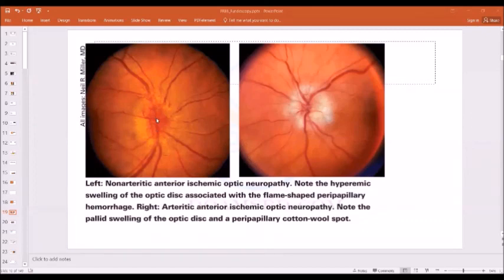But this is not white. It is more reddish. There is edema. You see why I am telling edema? The vessels are not clearly visible. So edema is here. And then there is no clear cut border. So this is actually secondary optic atrophy. It is not always white. There is redness also. This is ischemic. So this is the hyperemia of the disc. So this is the difference between arteritic and non-arteritic ischemic. The word is a little difficult to say, right? Anterior